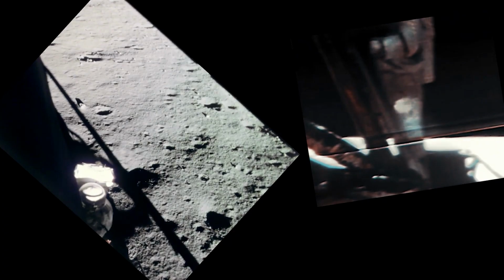Initially, it was assumed that the astronauts threw away the captured film, but later it turned out that an unexposed